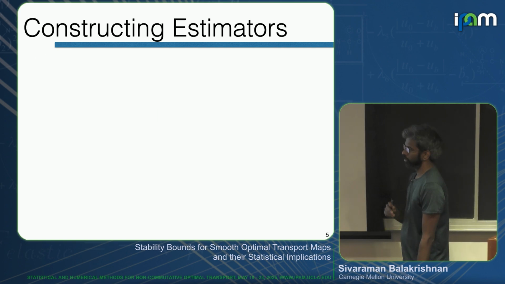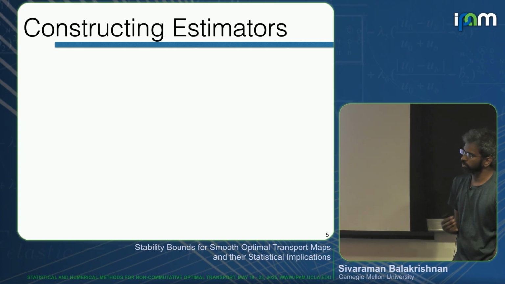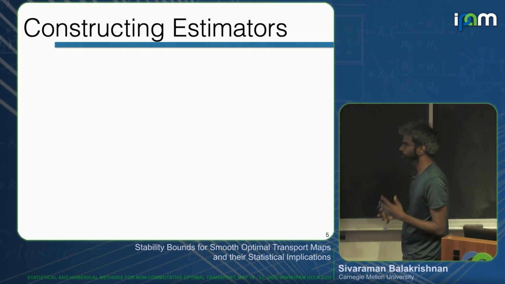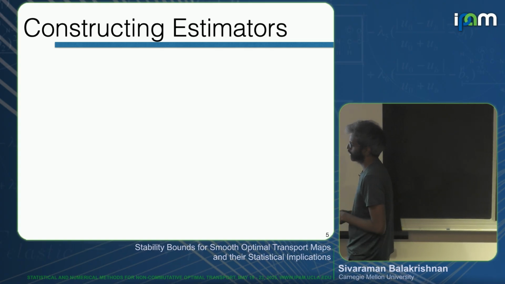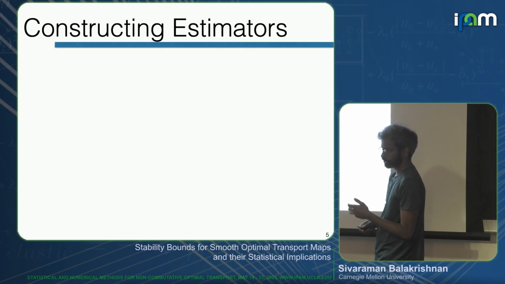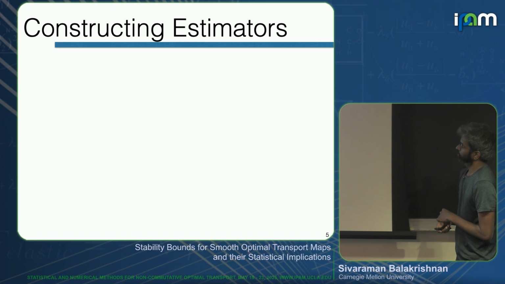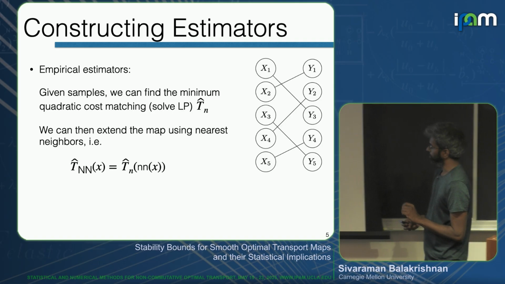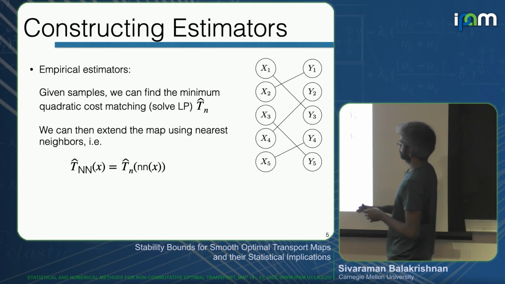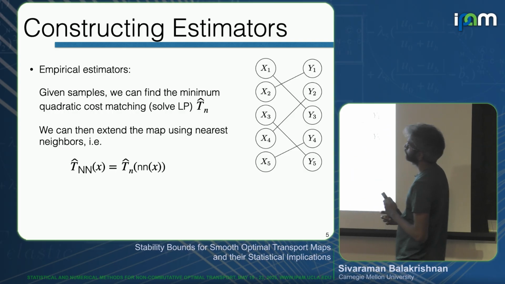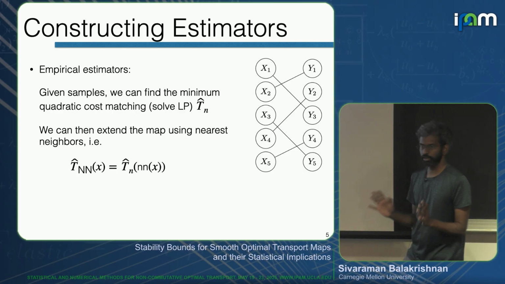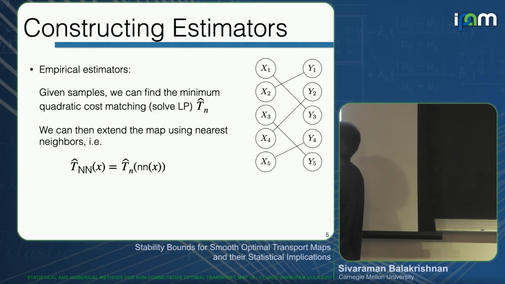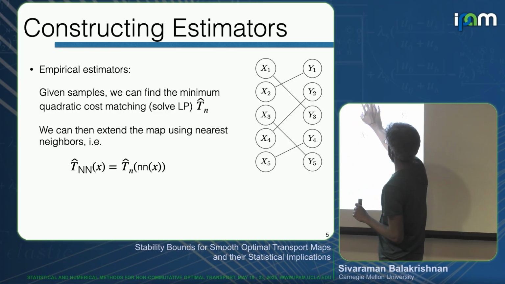So maybe the first question that one should ask is, okay, what are reasonable estimators for the transport map? And I'll tell you about two of them, and then I'll tell you a little bit about how one tries to understand their statistical properties. Okay, so maybe the first way to do this is, Jason already told you how you can compute. So if I give you samples, one thing that you can certainly do is either by Sinkhorn or some other method,